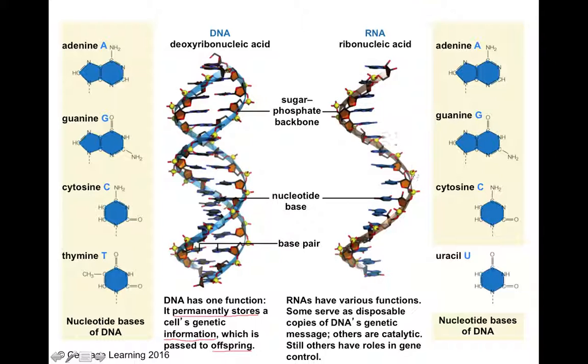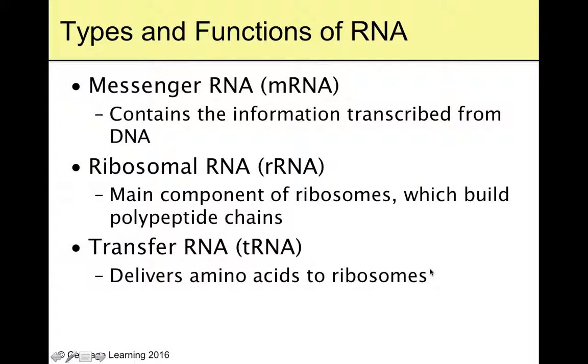RNA, one strand. We still have our bases. Adenine. Now, we have uracil instead of thymine, but other than that, it's adenine, guanine, cytosine, and uracil. RNA is actually quite a bit more diverse than DNA. Lots of functions. We can be copies of DNA's message. We can be catalysts. We can make ribosomes out of them. All sorts of stuff. A few others even work with gene control. So again, more of that gene regulation that I told you was so important. So there are some differences there between DNA and RNA.